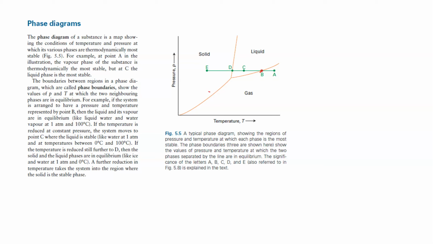So we can consider this green line an isotherm, where we have a fairly stable pressure, even though it's slightly decreasing, and a range of temperatures. And you can see that along these points, this isotherm intersects the phase boundaries, and this leads to the rationale of at which temperature and pressure combination, what phase is preferred.